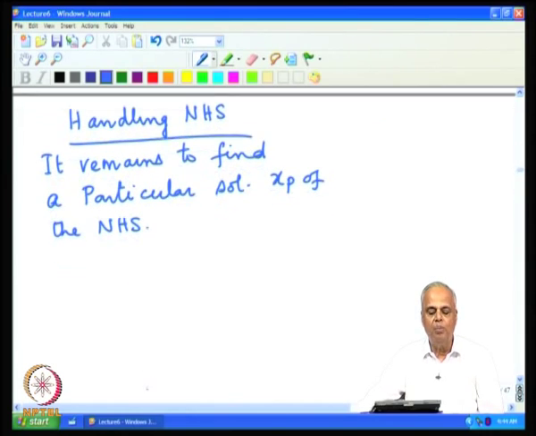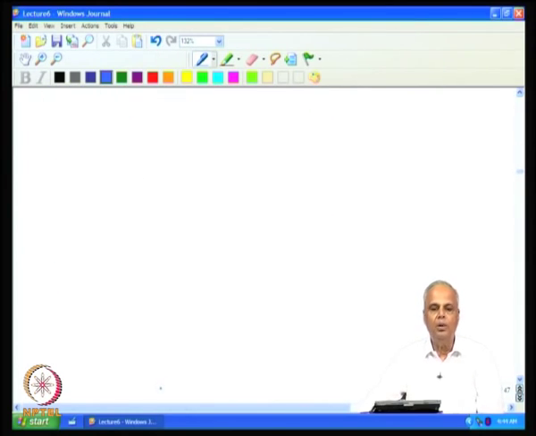Now, how do we go about doing this? We shall look at the first idea towards this. Why does not the same thing that we did for homogeneous system work in this situation also? For that we shall see what was the strategy for homogeneous system.